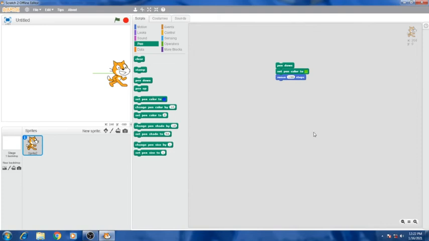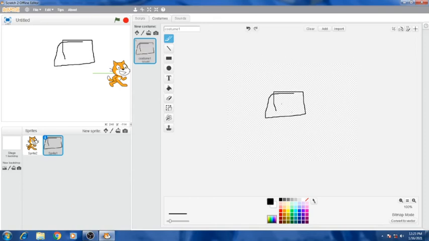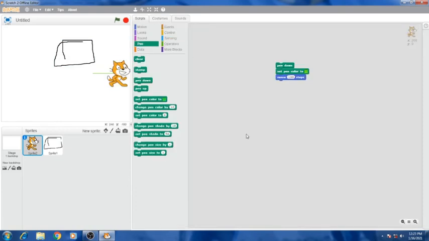Okay, and next one is creating a new sprite using the paint editor that we already discussed. Anyway, I will show you one more time. In the sprites pane you can see the second option, paint new sprite. Just click it, then a paint editor window will open. Inside that you can draw. After that, whatever new sprite you are drawing will be inserted to the stage. Okay, so this is the way. Got it? And move to our script. This is the way to create a new sprite using paint editor.